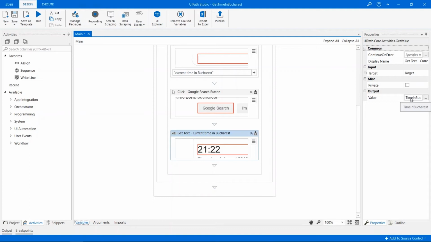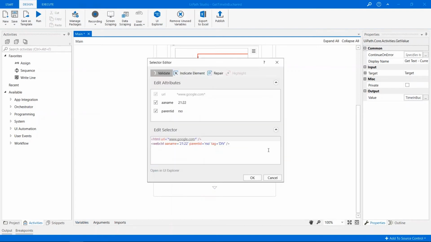Next, you may be wondering, how does the robot know what text to grab? For that, it uses selectors. Selectors act like addresses for UI elements. Let's view the selector for the Get Text activity. Now it looks like we have a problem here. The AA name attribute is set to